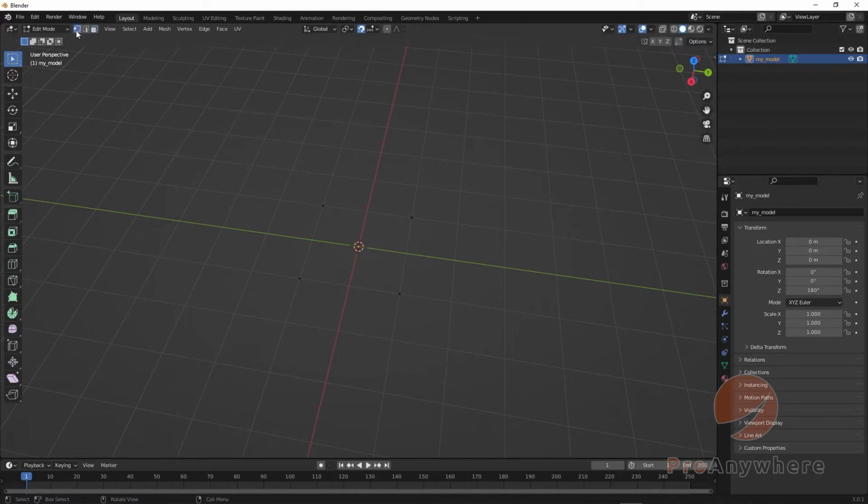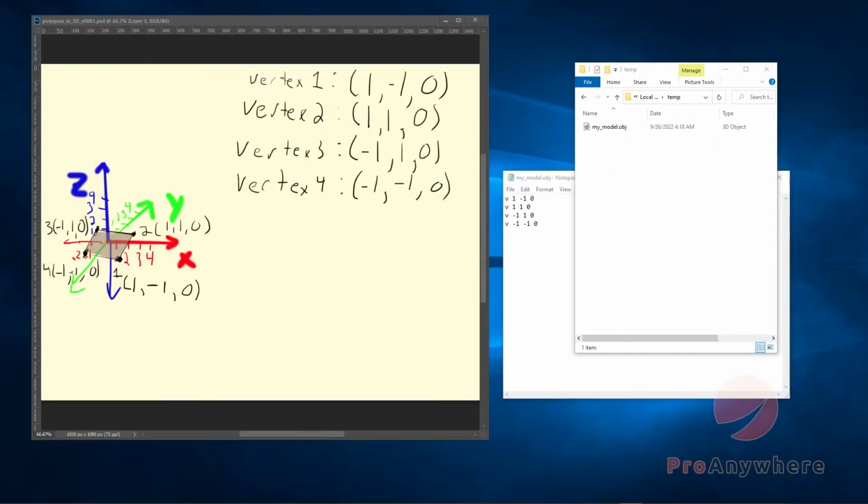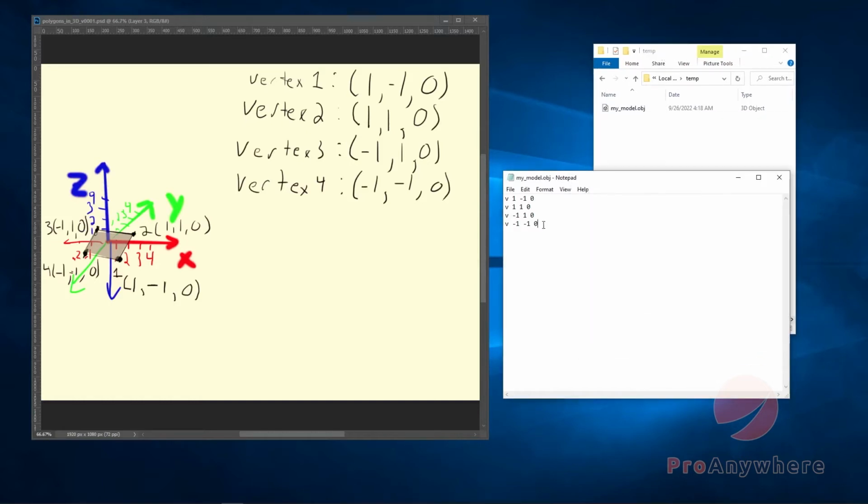Okay, so I'm going back to the vertex here. Going back to object, select it, and I press delete to get rid of it. So it got rid of the whole thing. So what I'm going to do is go back and edit this file because I only had vertices in here,